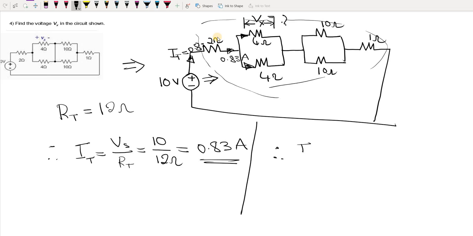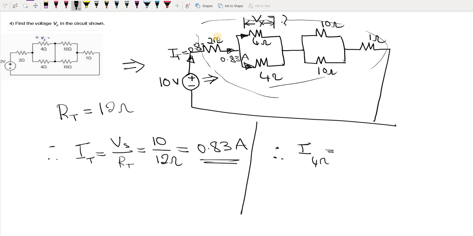So actually what should happen is, because of equal resistance, the current should divide equally. That is, the current flowing in the upper part is 0.83 by 2. That way also I can find out. Or I can use the current division formula also. Because it is equal resistance, no? Therefore, current should divide equally, so 0.83 divided by 2 also is okay. Let us see whether same answer we get.